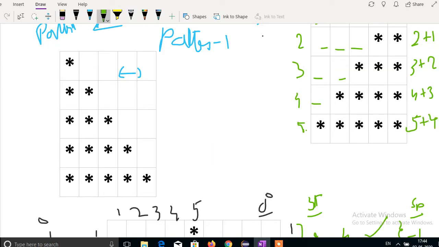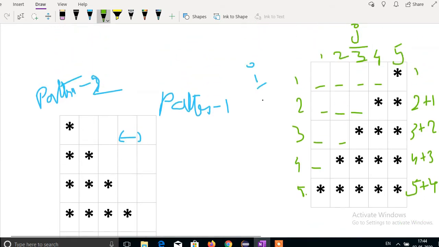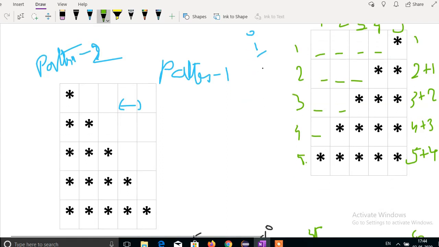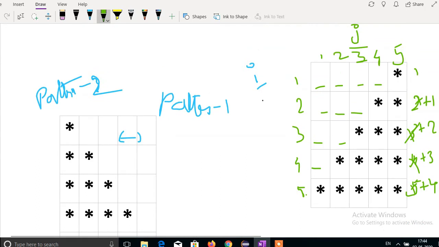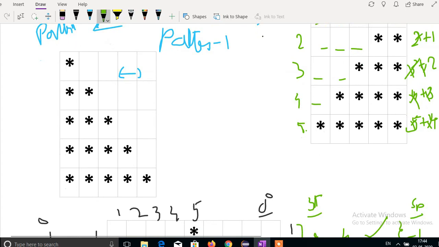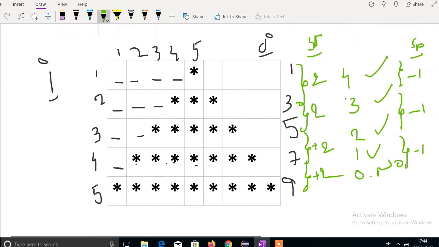So here we can give extra stars; they will be printed in these places like this.